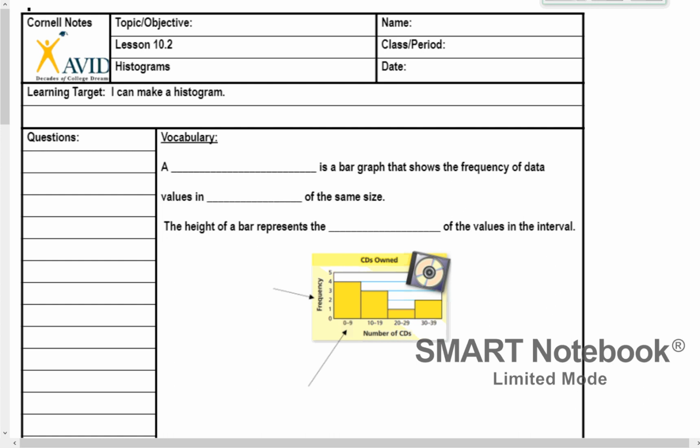For this whole week, we are going to be doing histograms for our first lesson. So this is going to be our lesson on histograms. Histograms are very similar to bar graphs. There are just a few minor little differences that I will share with you guys as we're going through the notes. All right, so a histogram